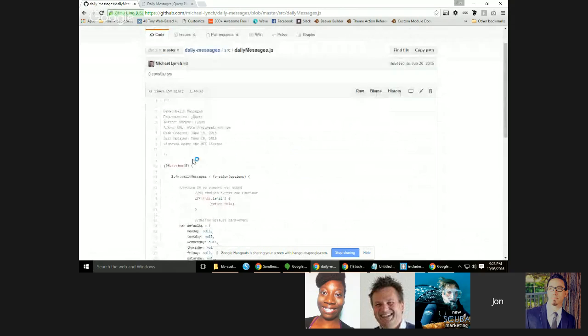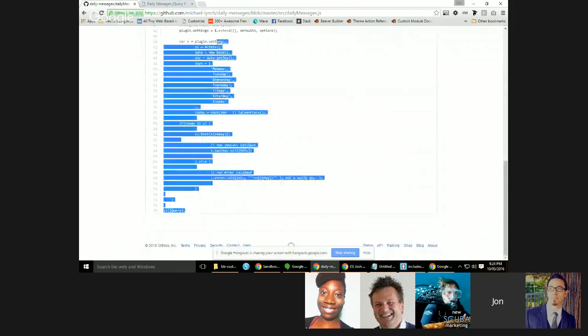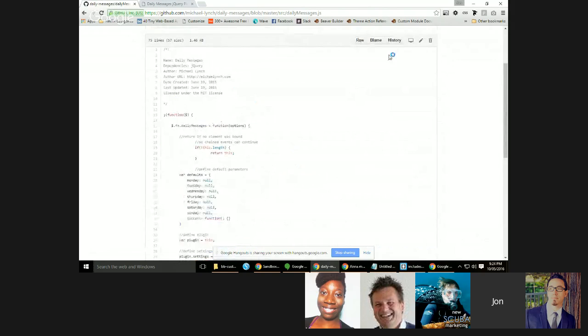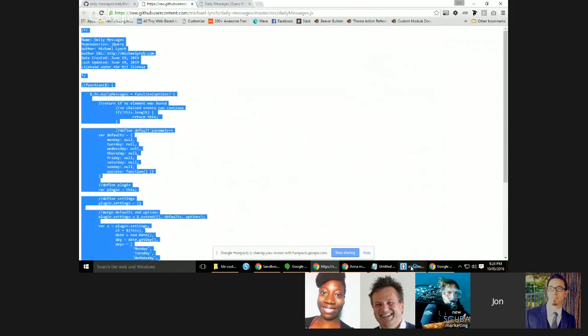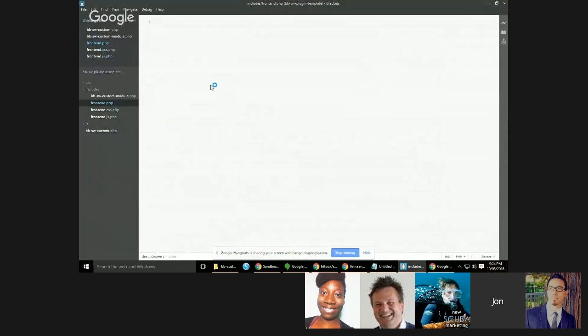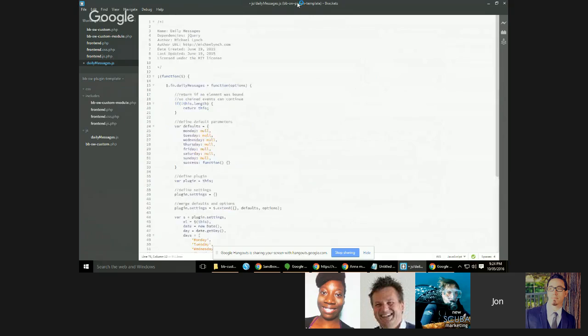So as we can see, there's nothing really in here. It's very straightforward jQuery. So I'm just going to go raw, open that in a new tab. I've copied that jQuery script, and I'll create a new file in here, which I'm going to call daily messages.js. Now I'm using Brackets, Adobe Brackets. It's up to you whichever